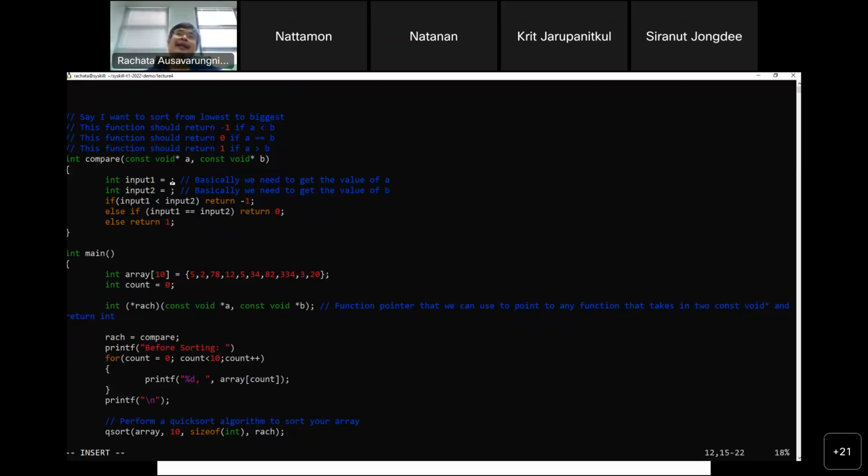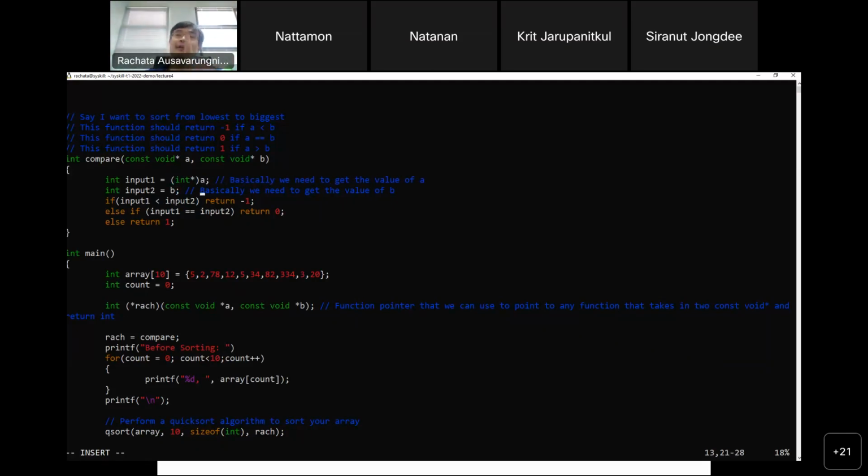All right, so how do I get the first thing? Right now it's const void. A is a pointer that has no type. What is the type of my number? Can someone tell me what's the type of my number? So it has to be something based on A, and this has to be something based on B. So how do I first get the correct type? Well, you cast them, right?